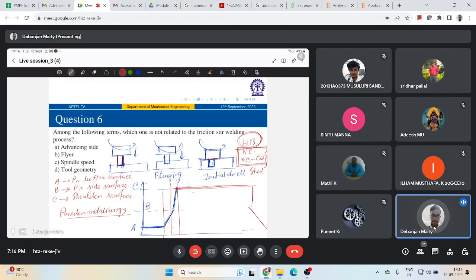So basically a rubbing action is happening, and friction exists all over the region where the shoulder and pin contact the workpiece. Frictional heat is getting generated, and that heat is converting into plastic deformation,